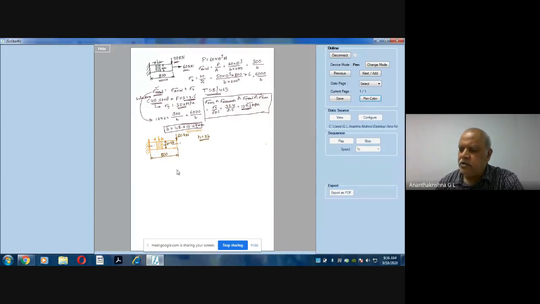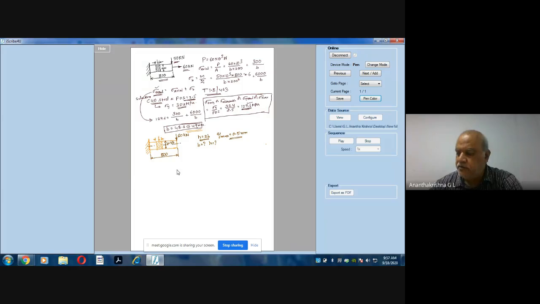That is, depth of cross section is twice the width, and the maximum deflection, that is, y max, is limited to 0.5 millimeter, given in the problem. We need to find out what? We need to find out the dimensions b and h, with the deflection being limited to 0.5 mm. That is one case. Another case is based on the material, appropriate material and factor of safety.